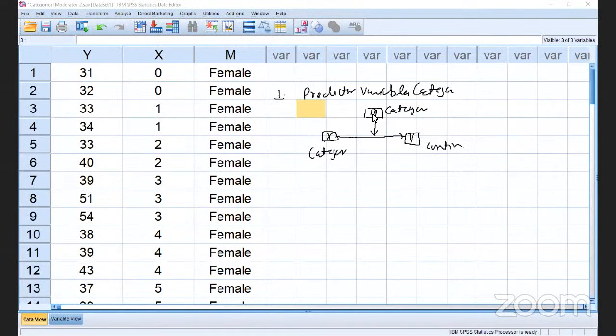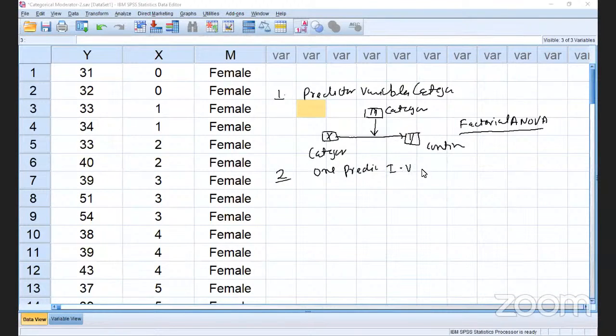Independent, and the moderator variable categorical. So I suggested we should use the factorial ANOVA instead of multiple regression analysis, because in this technique by default we get the interaction effect. And second, the predictor variable. One predictor variable, predictor means IV,